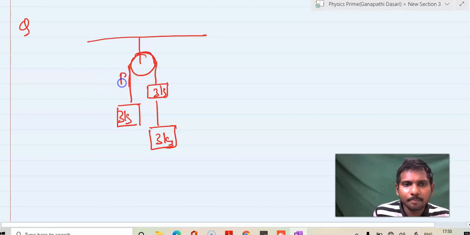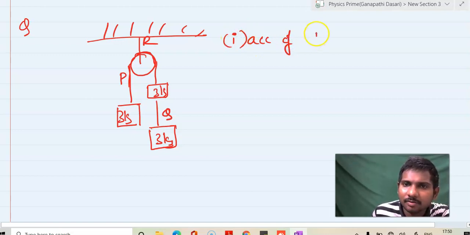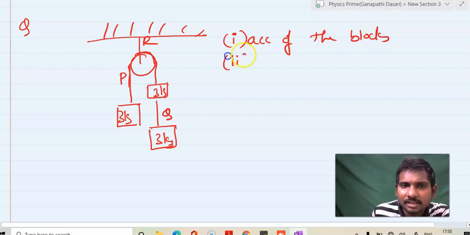Here, this is a P string and this is a Q string. So the question is, this is R string. The question is acceleration of the blocks. First question is acceleration of the blocks. The second question is